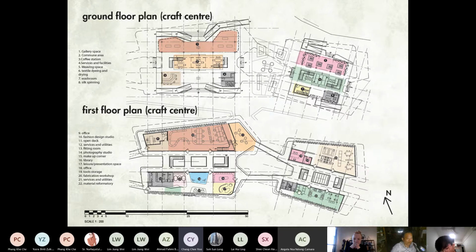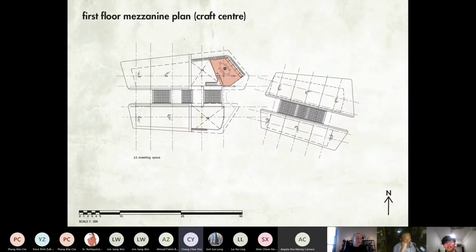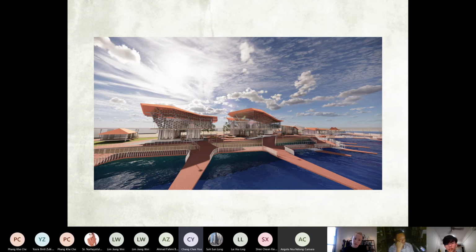Sorry, I forgot to mention one more program over here, which is very important: the recycling and material reformation, where recycled material will be collected and reformed into new materials that can bring innovation to the design. And then at the first floor mezzanine plan, there's one more space on top, which is the meeting area. So this is the rendering of the site.